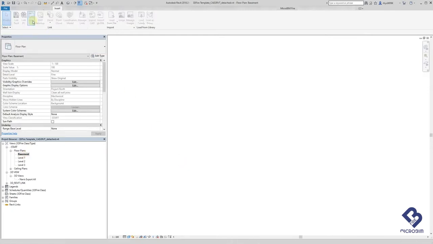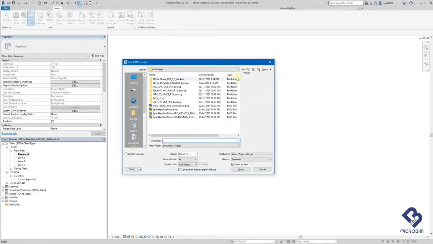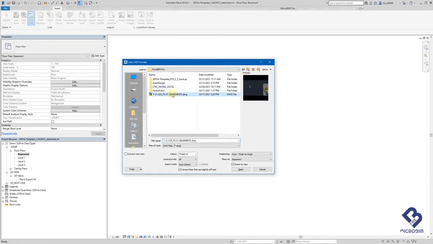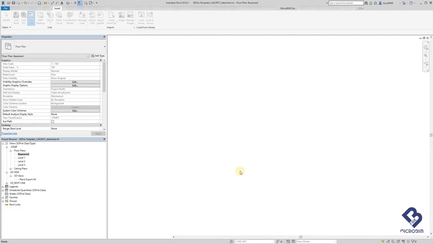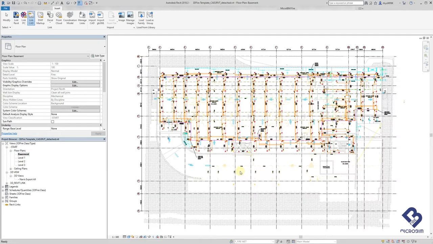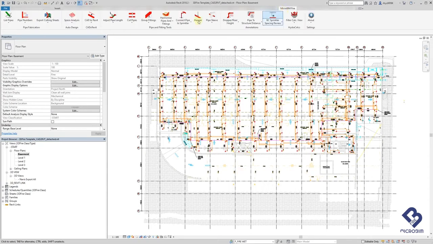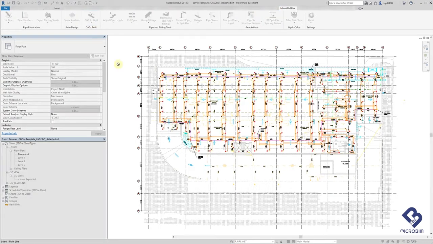Select the Link CAD button and map to where our file is located. Ensure that the import units are correct and that the placing at level is correct. Select Open. Once the CAD file has been imported, navigate to the Microbim Fire tool ribbon, select CAD to Revit, and from here, like many other Microbim Fire tools,